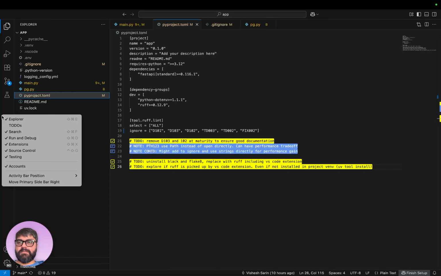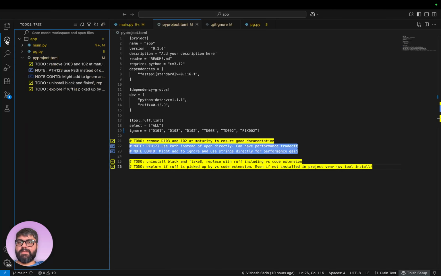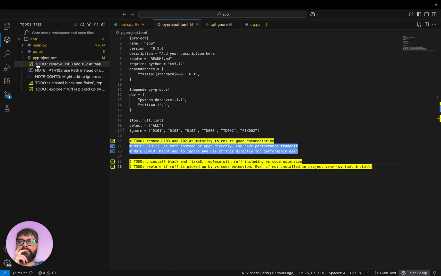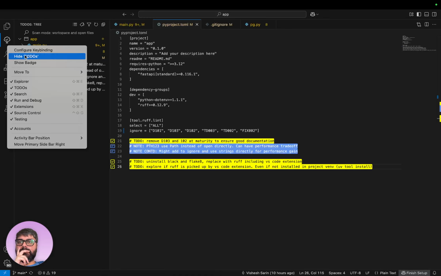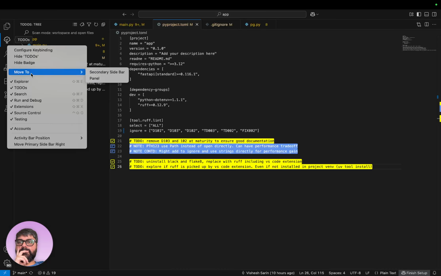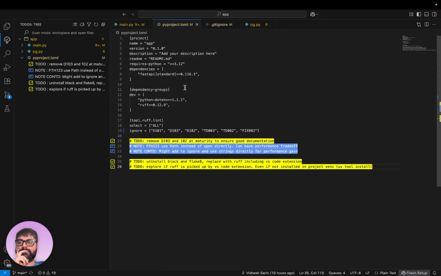Oh wait, no, that's not what I meant to do. I don't want to hide it. Show badge. I don't know what badge means, but move to secondary sidebar or panel.